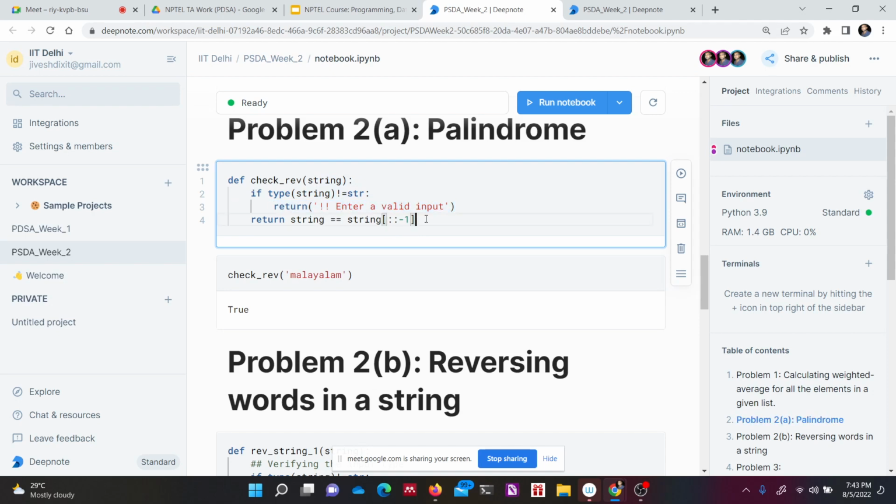But if it is a string, so if it is a correct input, then we'll return a condition: string equal to string colon minus 1. So what is this colon minus 1? Basically, this colon minus 1 is nothing but